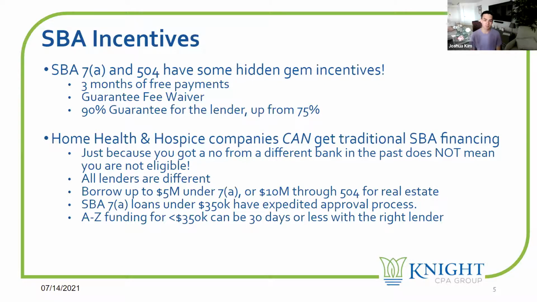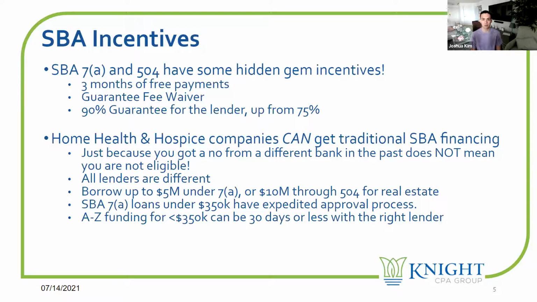Up from 75%. So traditionally, the bank is going to get a 75% guarantee on a 7A loan. The way 504 works is a little bit different because the bank just does a 50% loan to value first position mortgage. And then there's an SBA entity that does the difference, whether it's 35 or 40%. But on the main 7A loan, the guarantee is up from 75% to 90%, which is big for lenders because